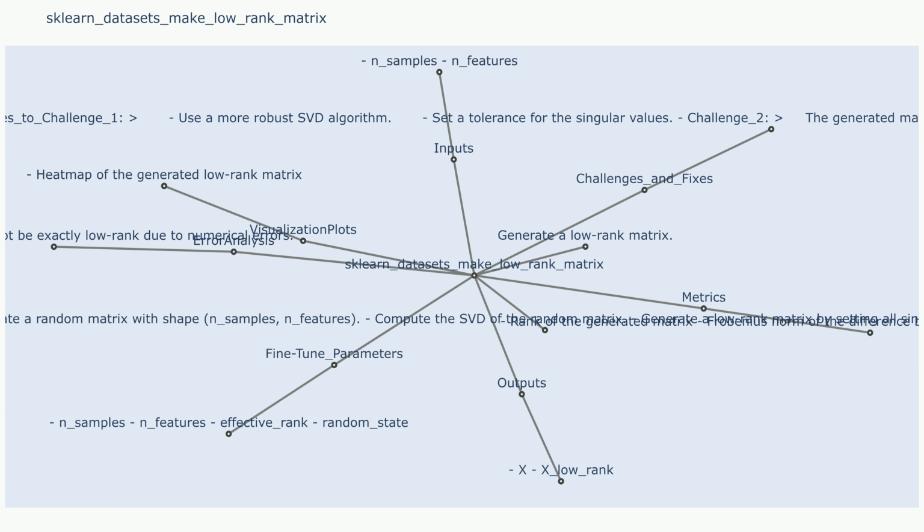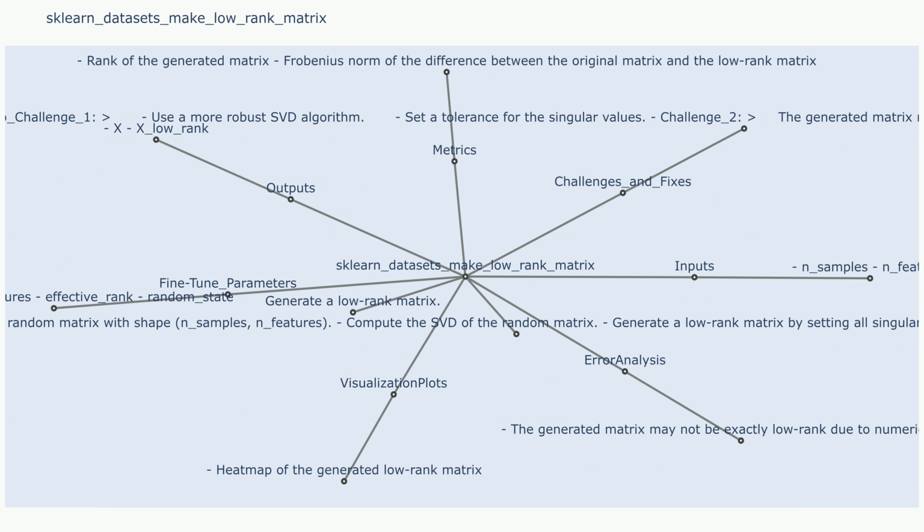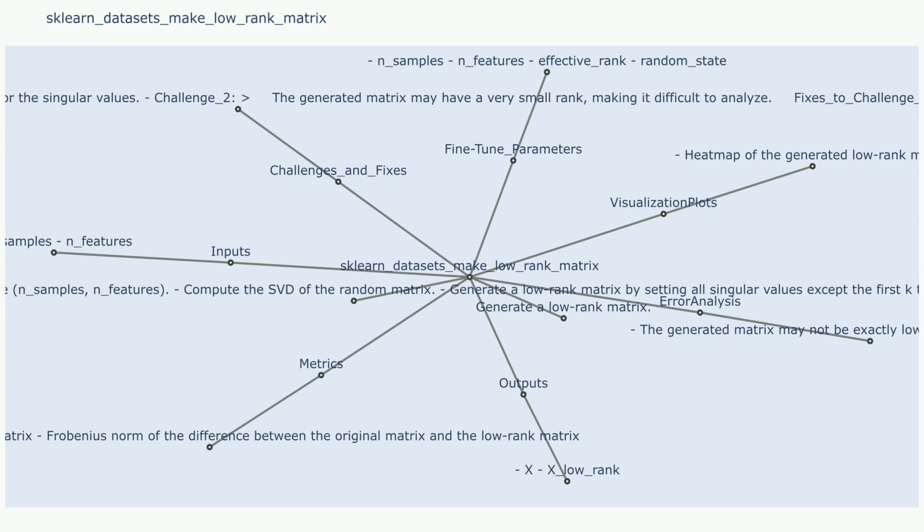Inputs. n_samples, the number of rows in the generated matrix. n_features, the number of columns in the generated matrix. effective_rank, the desired rank of the generated matrix. It represents the number of non-zero singular values in the singular value decomposition (SVD) of a matrix. Outputs. X, the generated low-rank matrix of shape